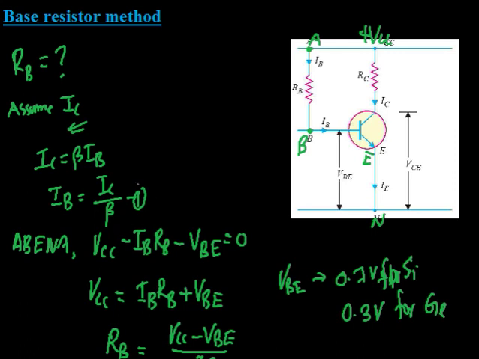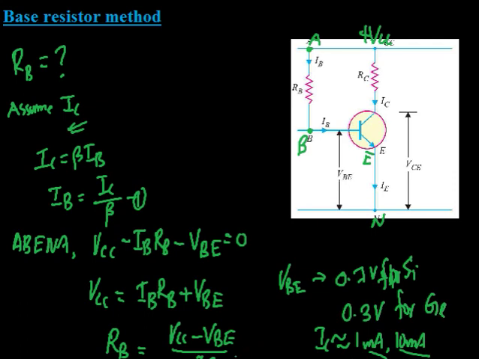IB is obtained from equation number 1, IC by beta. The value of beta is also provided by the transistor manufacturers, or we can find it out by using a multimeter, and IC is the value of the current which we will determine depending upon the value of the input signal we are using. Usually for practical purposes we take this IC as 1 milliampere or 10 milliampere, depending upon the circuit you are using.